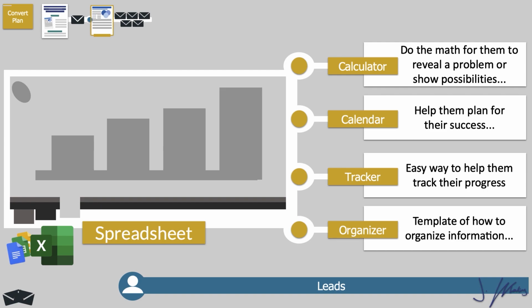And the final type we have is an Excel sheet. I won't spend too much on this, a Google or an Excel sheet. You can go over to Fiverr, Upwork, Freelancer Guru, find an Excel geek who can build you some sort of calculator, tracker, or organizer. You don't have to be an Excel or Google Sheets person to do this yourself.